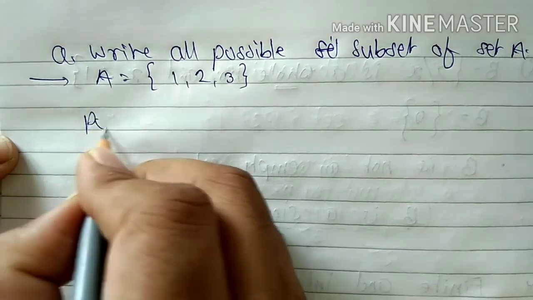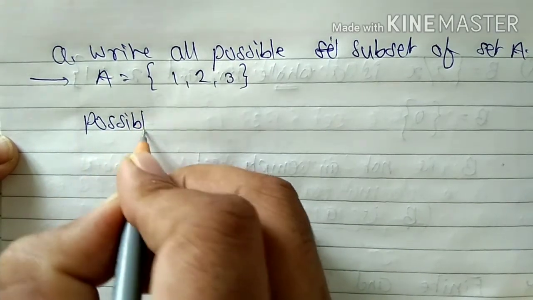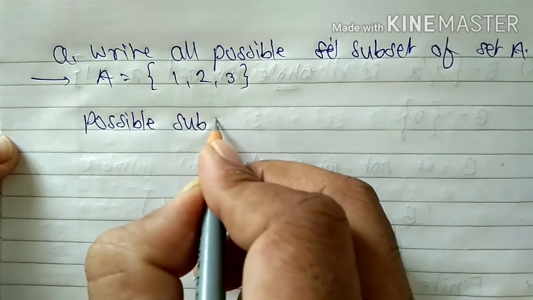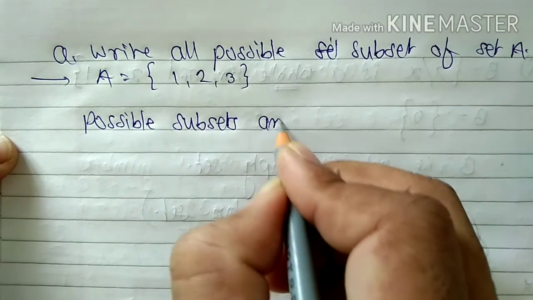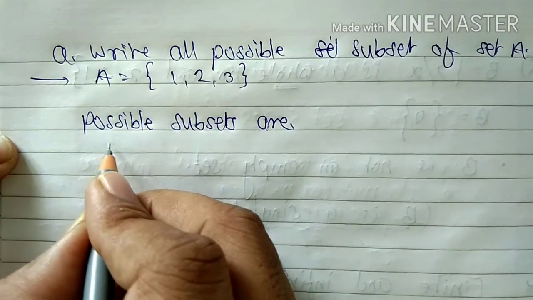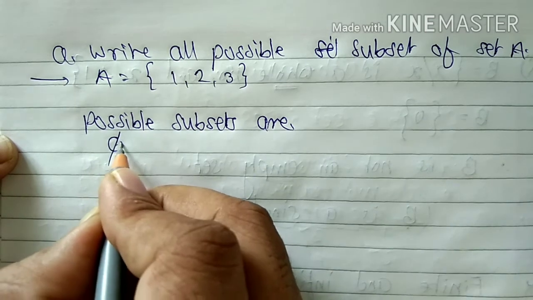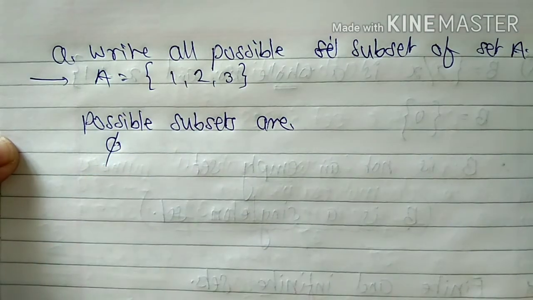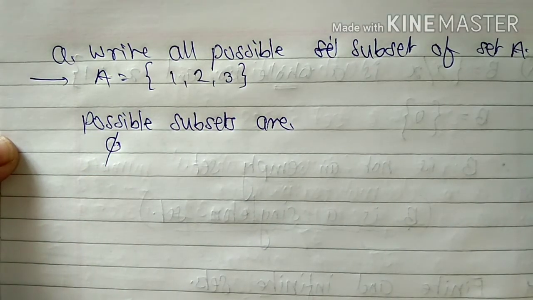Okay, possible subsets are: first one is the null set. Null set, that means you can say the empty set. The notation for the empty set,